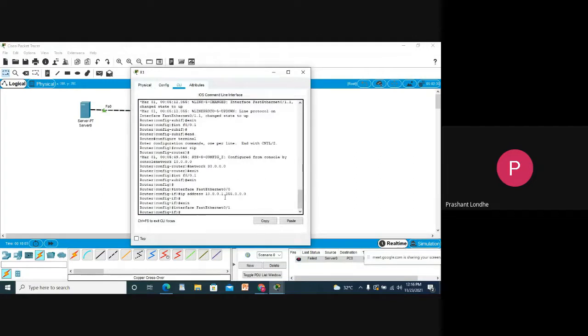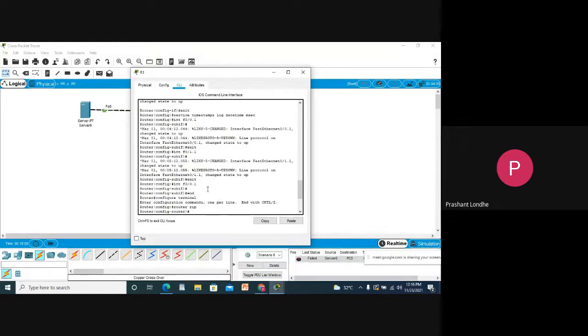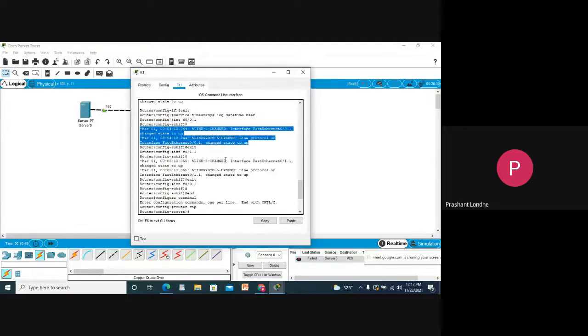And the command will be service timestamps log datetime msec, and later on if you are doing interface f0/0.1, you are just creating the sessions. If you are able to see the timestamps, then definitely you have implemented it. If you are not able to see, you need to set your connection again. Later on, after some time, it will also be reflected over here. So here you will see all the service logs. Okay, hope your query is solved.